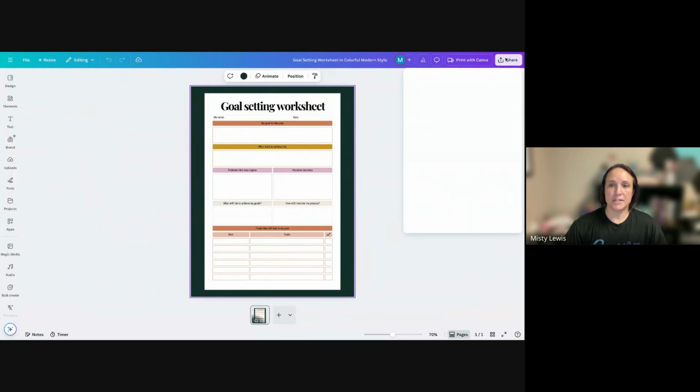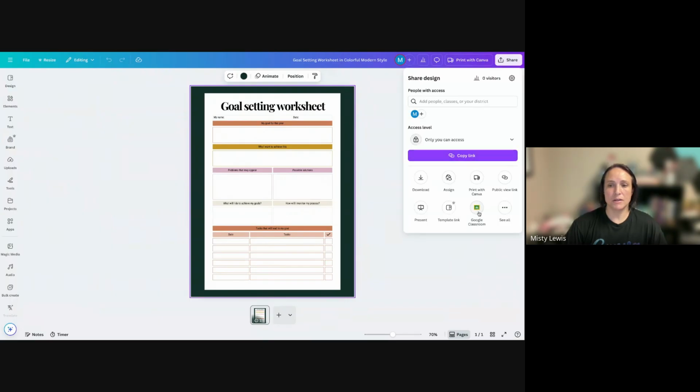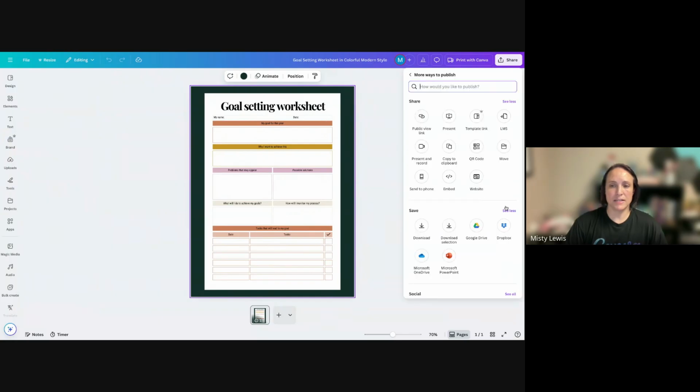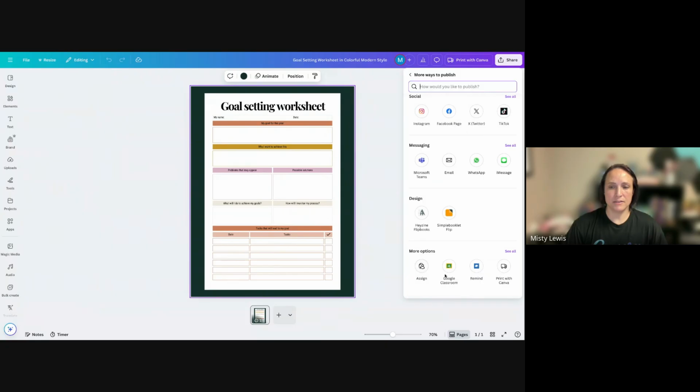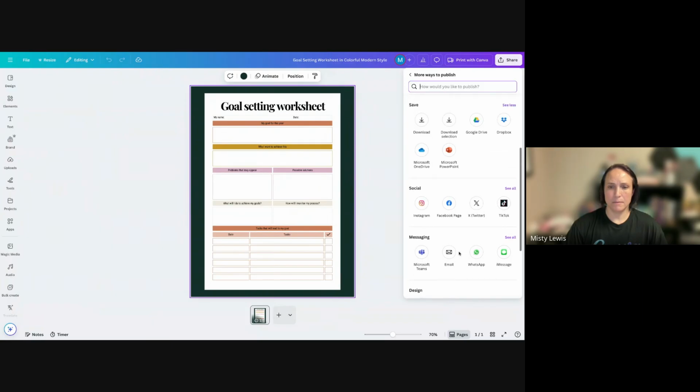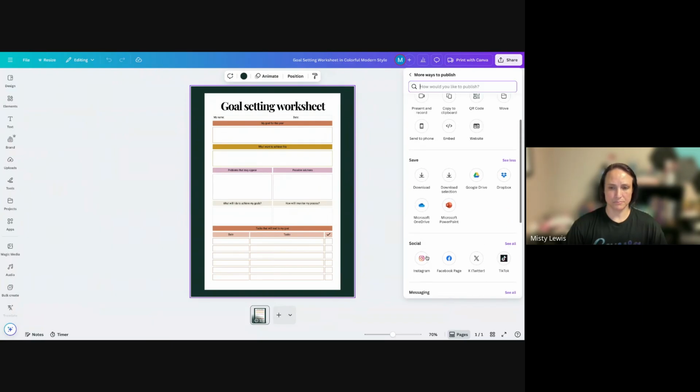You can also share directly through your LMS. So if you use Google Classroom, that's an option. If you don't see your option to begin with, you can click on See All, and it will open up the bigger menu for you. You can assign, this is Google Classroom, Remind. You can send,